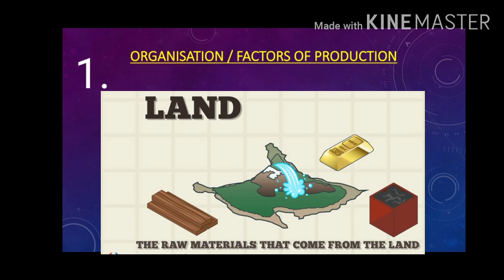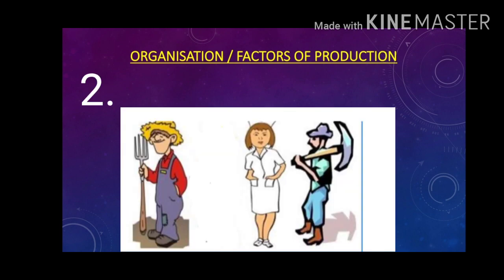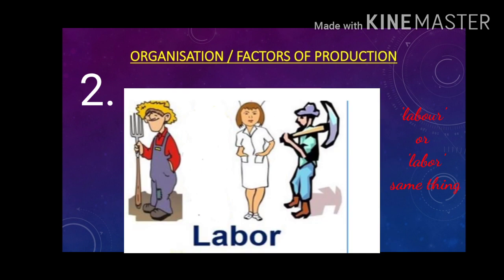Even to set up a factory, you need a piece of land, isn't it? So moving on, we come to our next factor of production, that is this. Now this is easy to guess, isn't it? Who are they? They are the people working. Every work has to be done by some people. So you need workers. So they are the labor. That is the second factor of production. Now labor doesn't mean only people who are laborers as we know the common term, but it refers to all the workers who are involved in the production process.